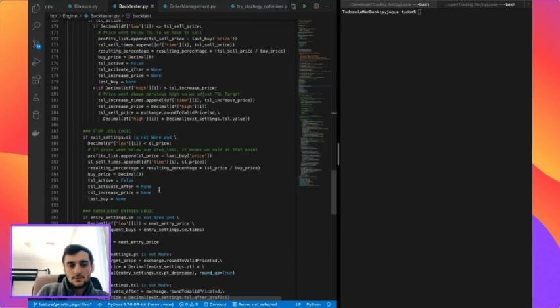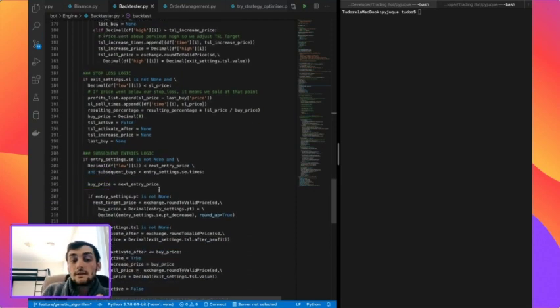Stop loss, trailing stop loss, subsequent entries as well, right? So say, for example, these things might not go together, or they might, but there's some way of correctly optimizing them. But a subsequent entry basically says,